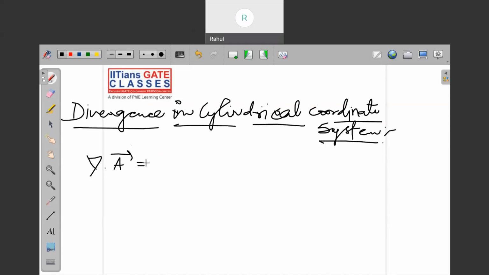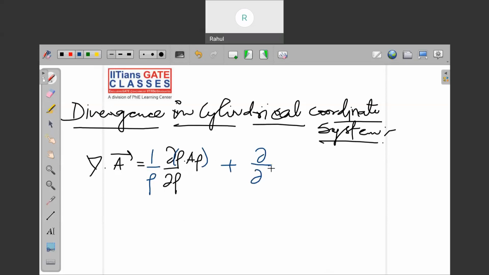So what we need to write here is, you have to take the rho component, multiply with rho, take the derivative with respect to rho and divide by rho. Remember, it is a two-step process you have to keep in mind. First take the rho component, multiply with rho, take the partial derivative of that component with respect to rho and divide by 1 by rho. Understand? Plus